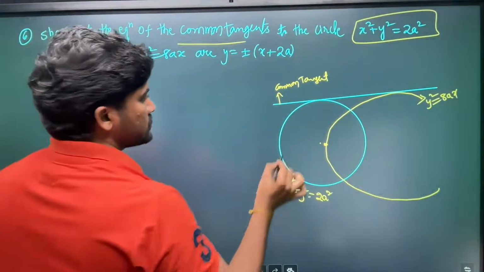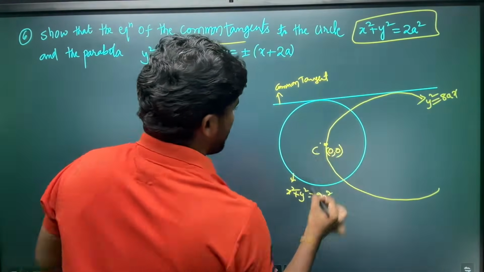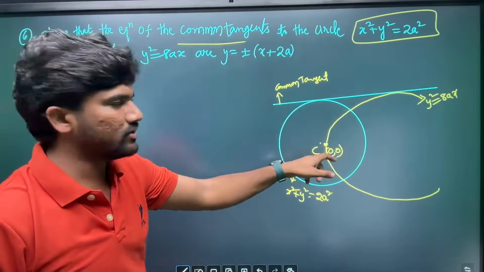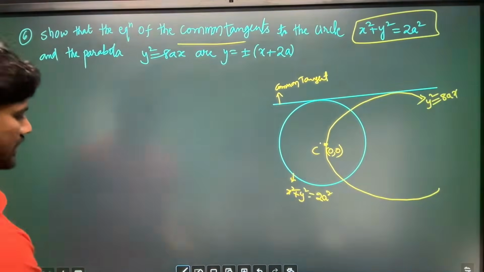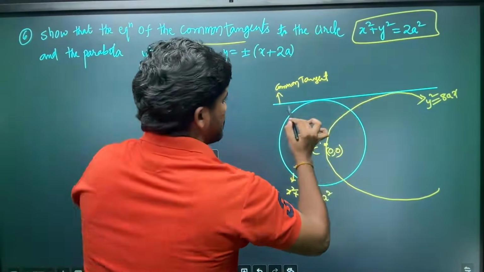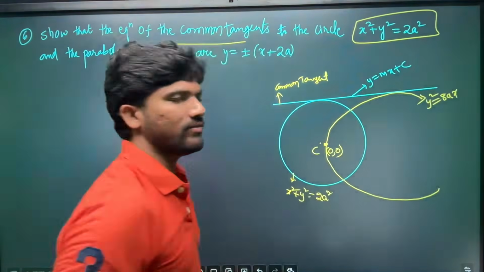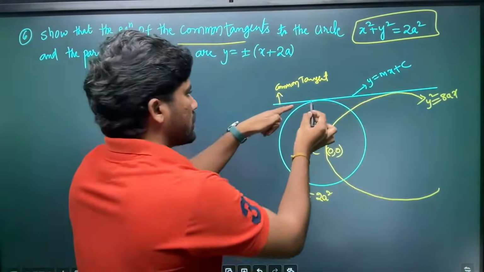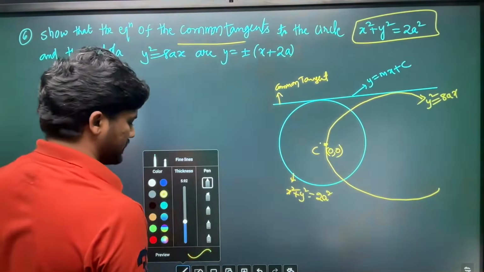Now see here, whenever you take this condition, you know very well, the center of this circle is 0, 0, as well as the vertex of this parabola y square is equal to 8ax. Now clearly observe, to show that this tangent, for example if you take y is equal to mx plus c, a basic line, is a common tangent to these two, we have to show that radius is equal to